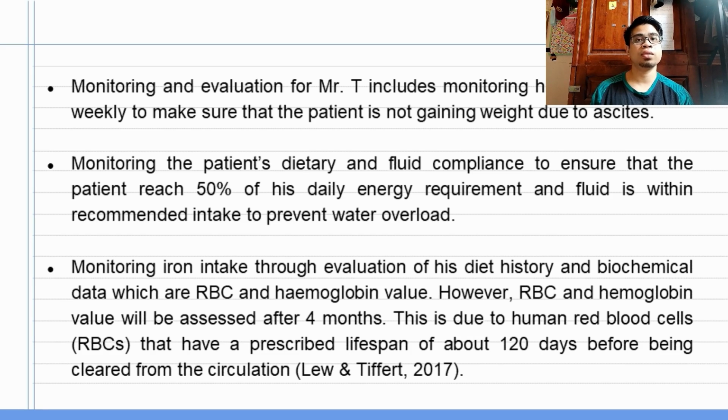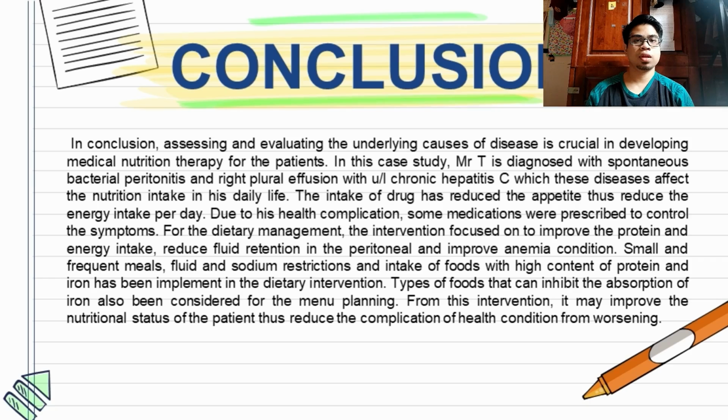Monitoring iron intake through evaluation of his diet history and biochemical data, which are RBC and hemoglobin values. However, RBC and hemoglobin values will be assessed after 4 months. This is due to human red blood cells having a lifespan of about 120 days before being cleared from circulation. For the conclusion,